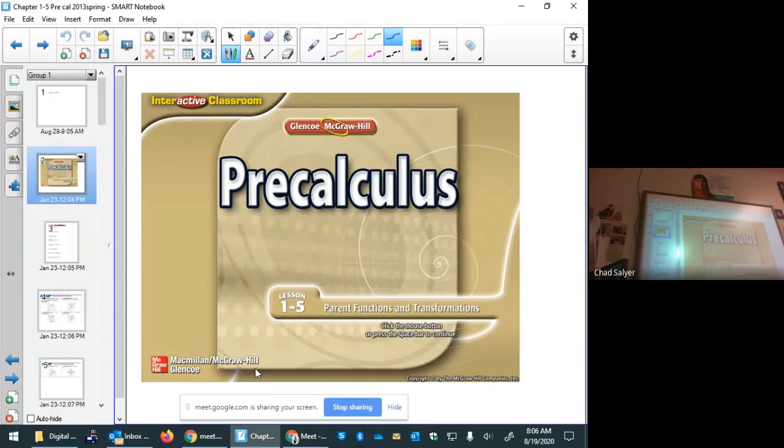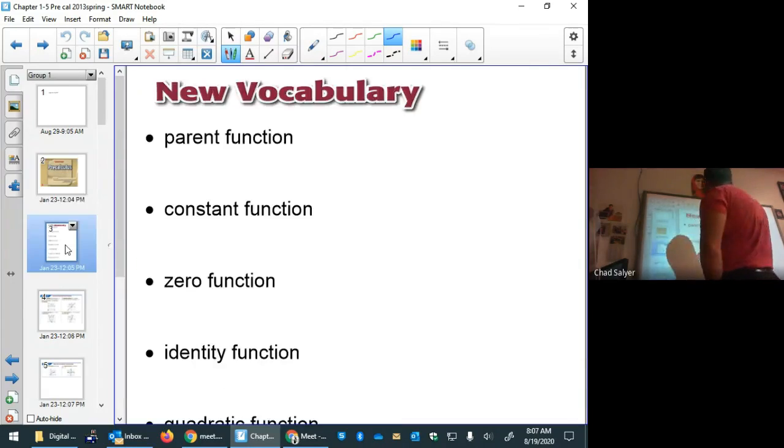All right, we're going to talk today about Chapter 1, Part 5. Title is Parent Functions and Transformations. So first, some definitions. First of all, a parent function is a